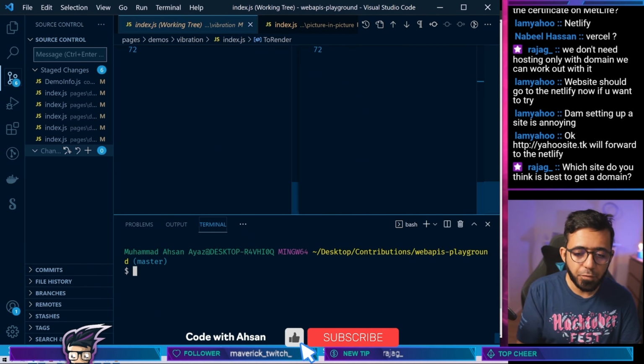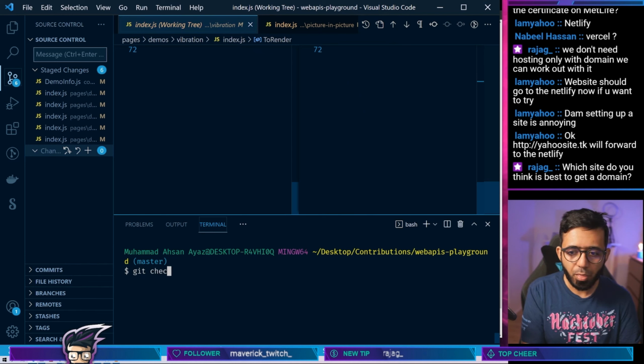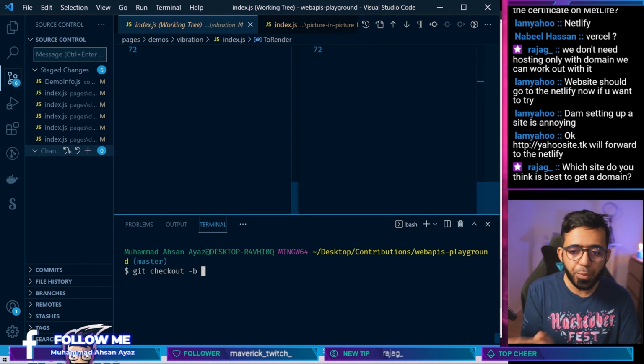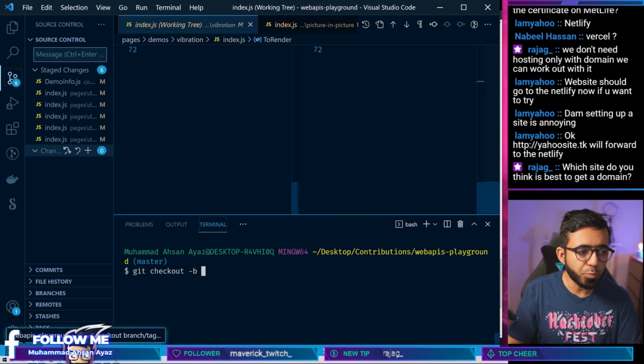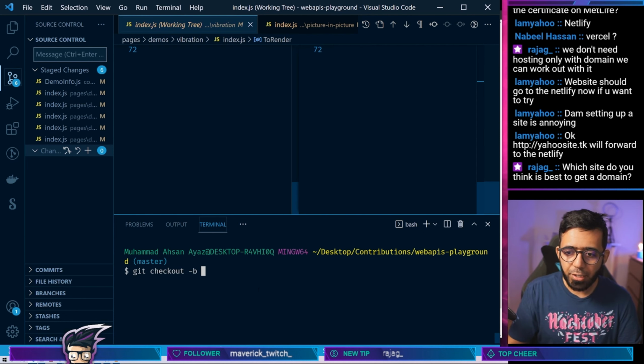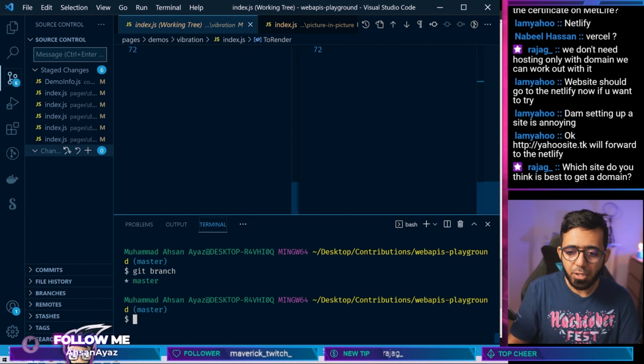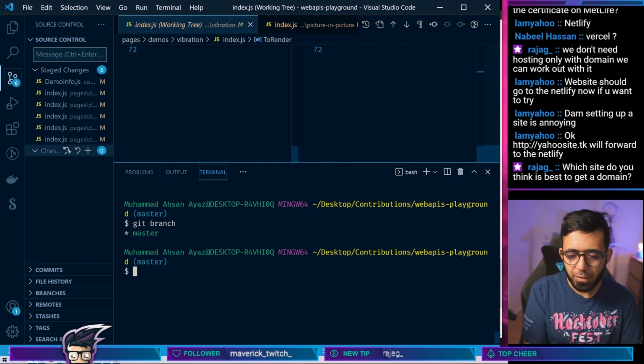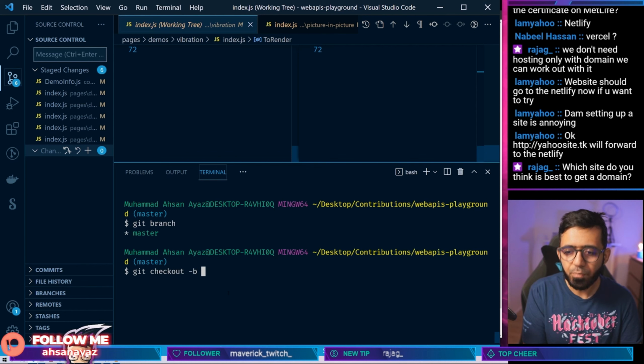So we are gonna first create a branch for it. You do that by doing git checkout -b, which means we are creating a new branch because we don't want to push to master. Right now we are at master. If you check git branch, you will see that we are at master, and we should never be pushing to master directly. So what we'll do here is say something like git checkout -b, then we'll give